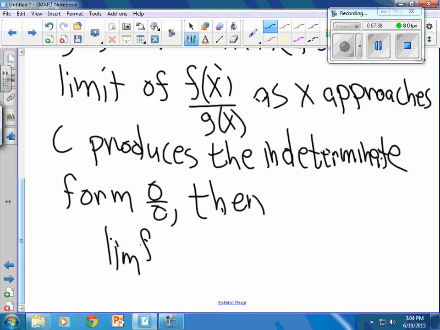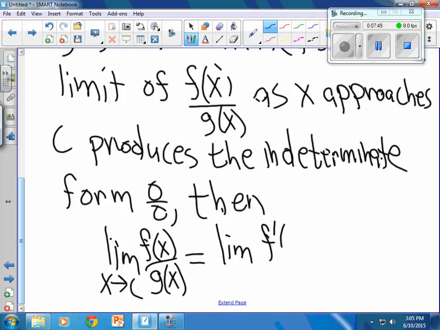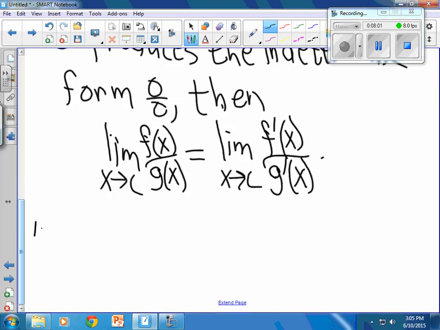the limit of f of x divided by g of x as x approaches C is equal to the limit of f prime of x divided by g prime of x as x approaches C. And I'll go ahead and write down, note, this theorem also works